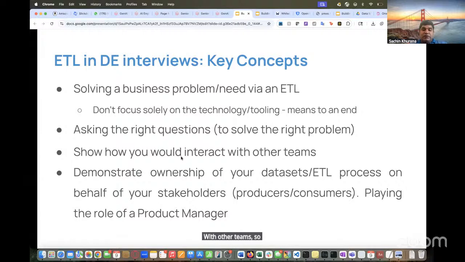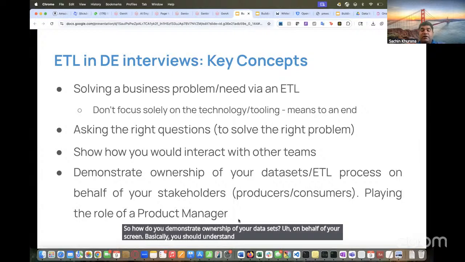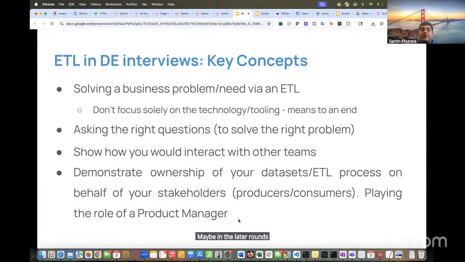So you need to develop that skill as well. How do you demonstrate ownership of your data sets? Basically, you should understand whatever pipeline they assess you on. Maybe they give you a sample pipeline, or maybe in the later rounds when you meet a manager, they ask you about the pipeline you built. So ensure that whatever examples you have, you understand that pipeline end to end, understand the business functionality of it,